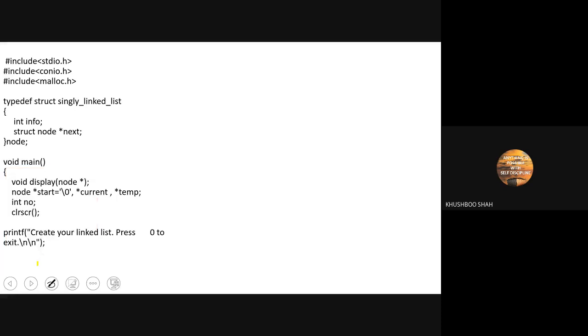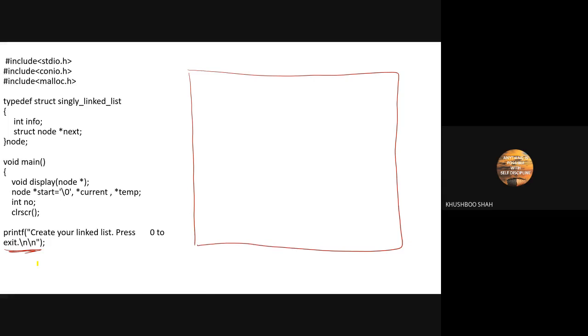Okay, so see, this is your printf statement. Printf, create your linked list, press 0 to exit. Means draw this in your notebook. This is your console screen, and the very first line you will get is: create your linked list, and press 0 to exit.